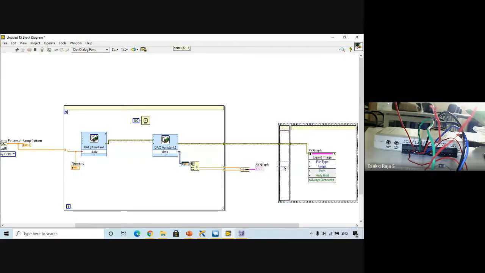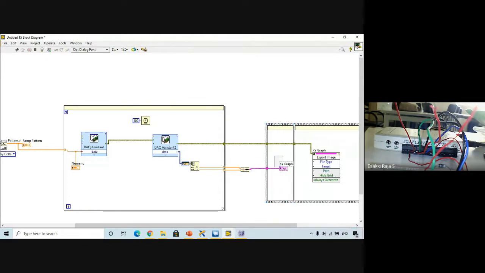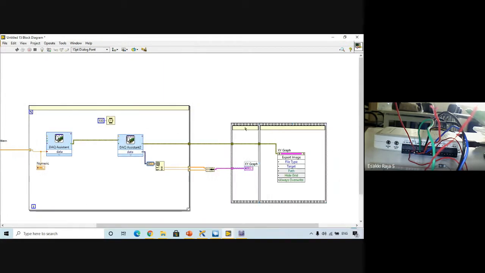So this one I can put it in the first frame. Why I'm doing it like this: first I need to plot the data in a graph. After that, I need to save my information. That is the reason I'm giving this connection. And if we give this one, it is not required.